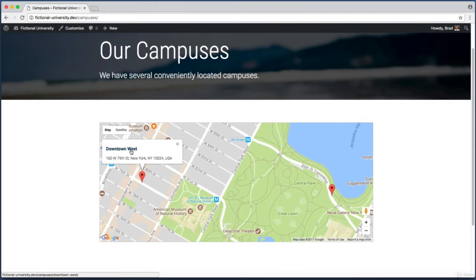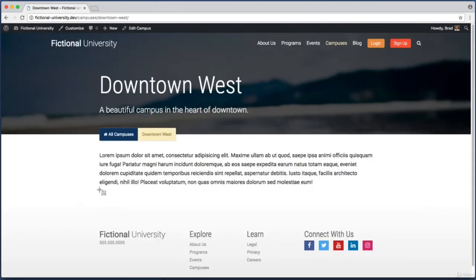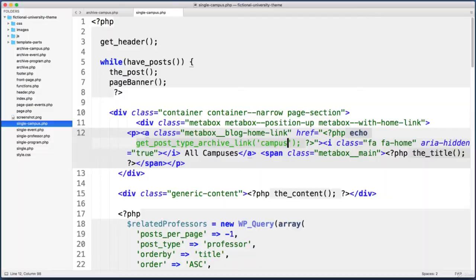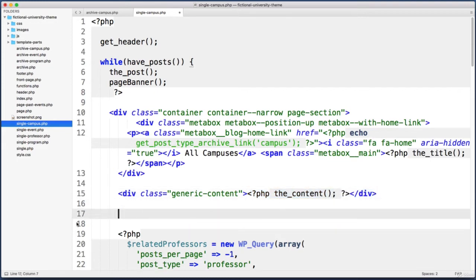Cool. Let's go back to Downtown West. Why don't we customize this area a bit? So first, why don't we pull in a map with just a pin for this one campus location? So back in our text editor, right underneath this div with a class of generic content and where we're outputting the WordPress the content function, right below this div, let's add a new line, and instead of typing everything out